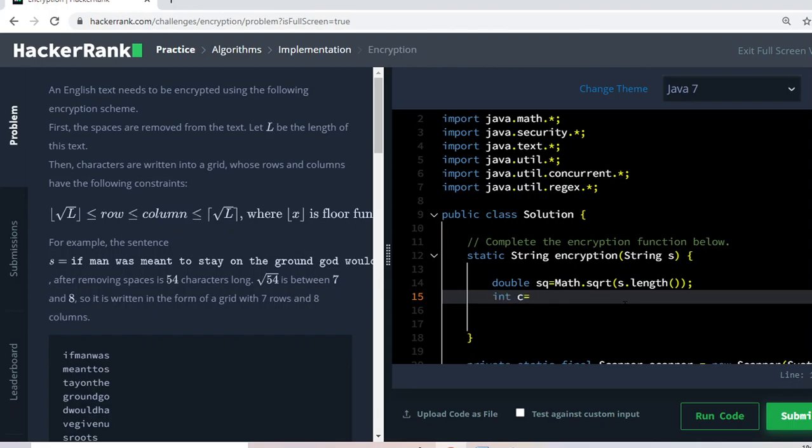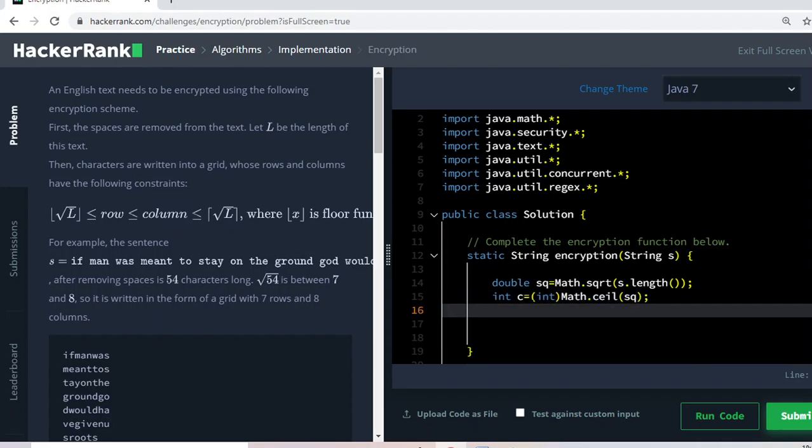Int c equals Math.ceil of sq. But this value is still a double, so I need to typecast it in this way.